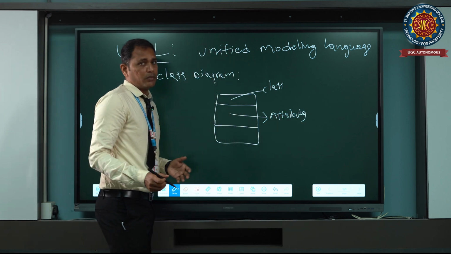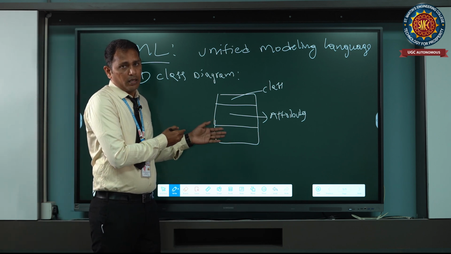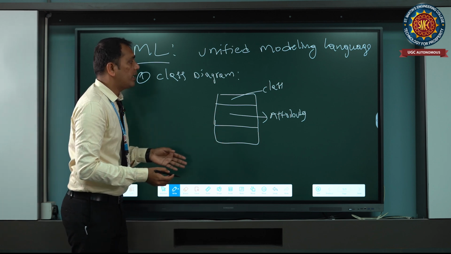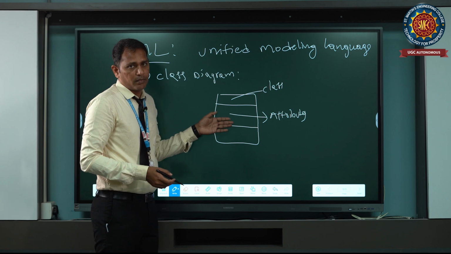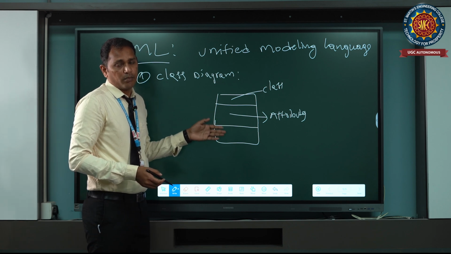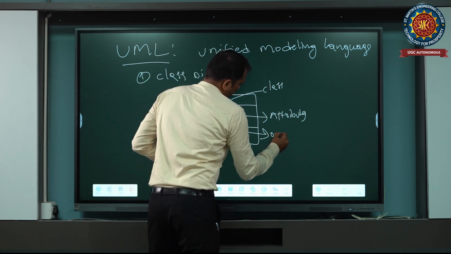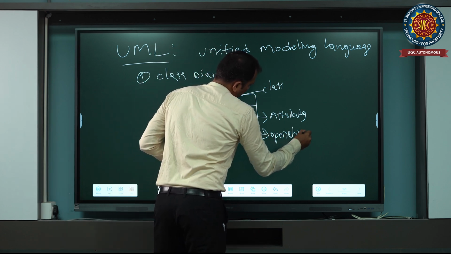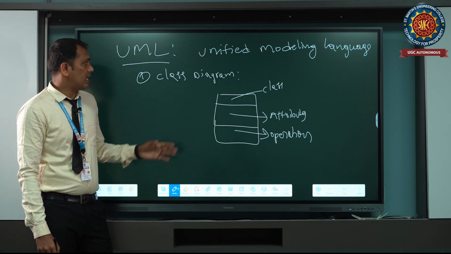And what do attributes mean? For example, you are going to give the structure of an admin panel. In an admin panel, what student details are we giving? Student name and ID, name, date of birth, etc. Here, operations. What are the operations that could be followed in a class diagram?